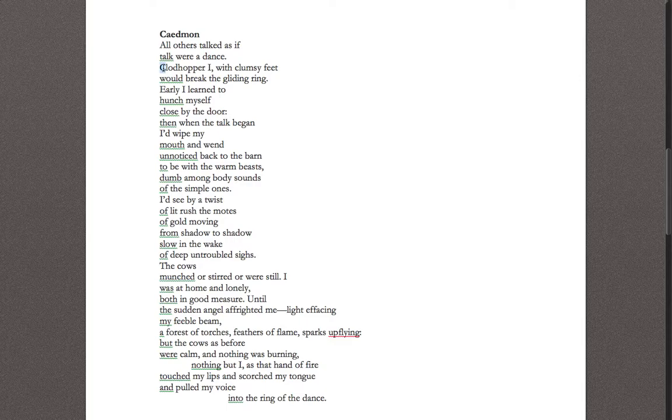let's talk about the K or the C sound here at the beginning of the poem. And I'm going to highlight a couple things. Talked, as if talk, or a dance clodhopper, clumsy, and break. There's even more if we keep going, like clothes and such, but this is enough to make the point I'm trying to make today. Certain of the sounds in our alphabet have emotional effects and or tone effects, that they have a certain attitude based on the way they're said in our mouth and the way that they create sound in the air.